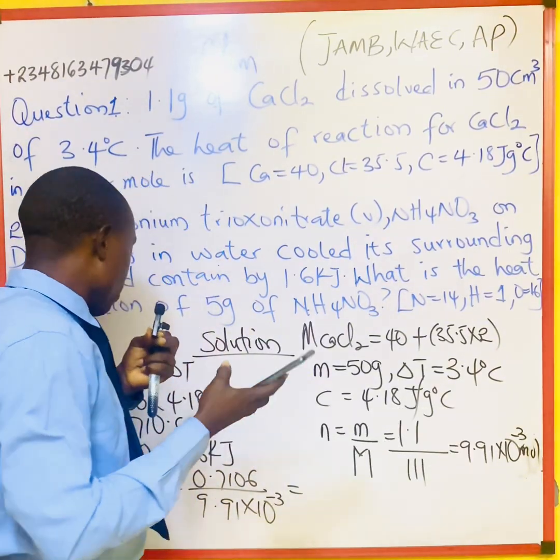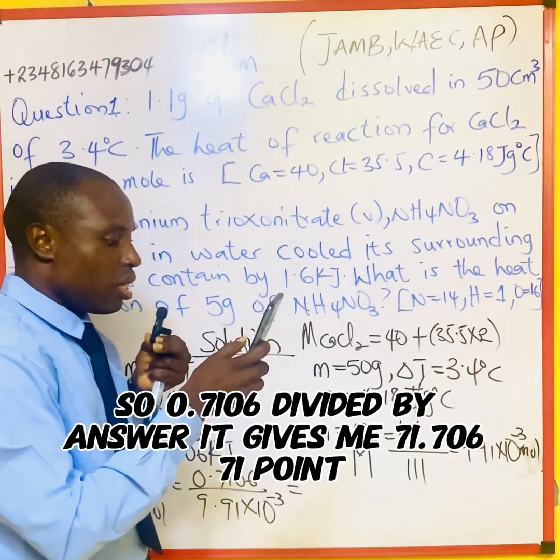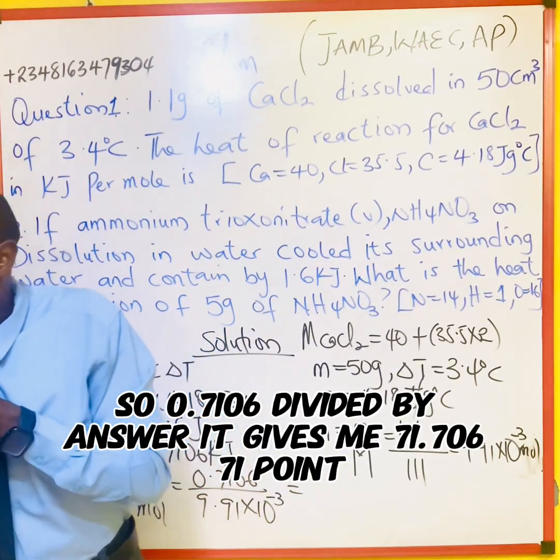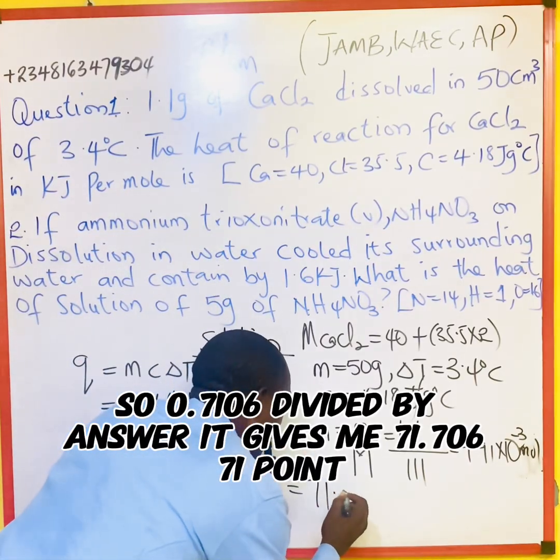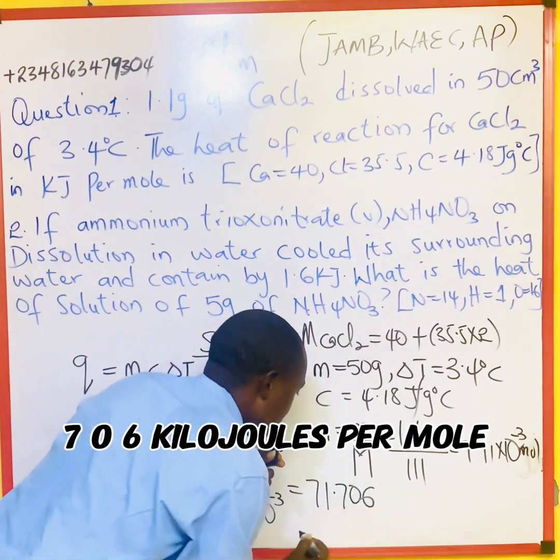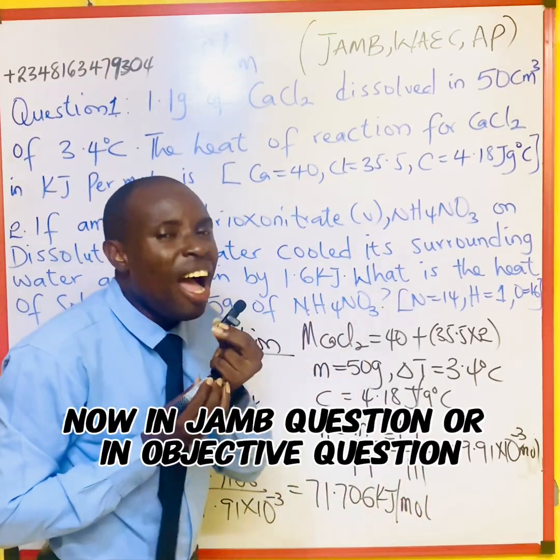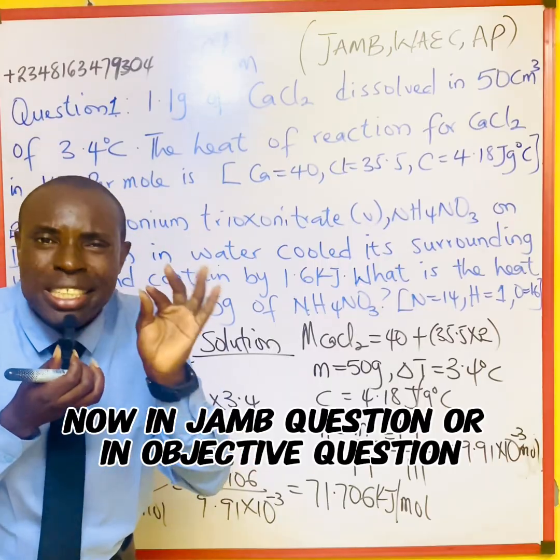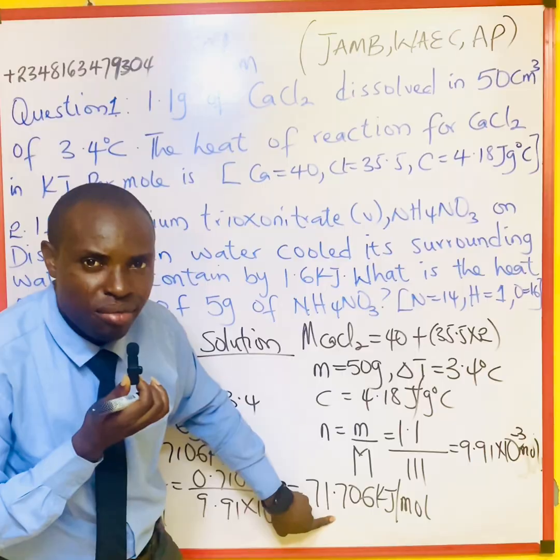Okay, so 0.7106 divided by that, it gives me 71.706 kilojoule per mole. Now, in a JAMB question or in an objective question, if I leave my answer like this, right,